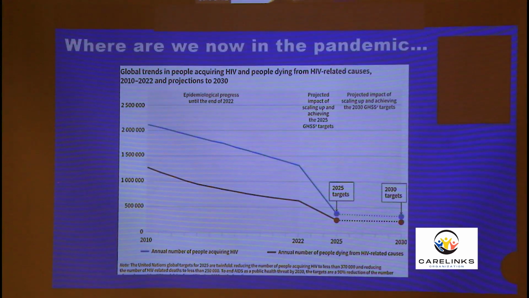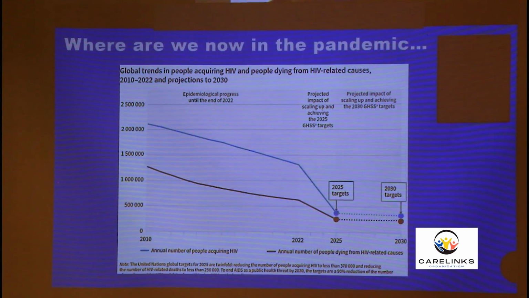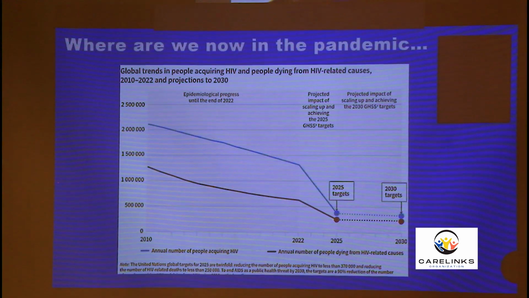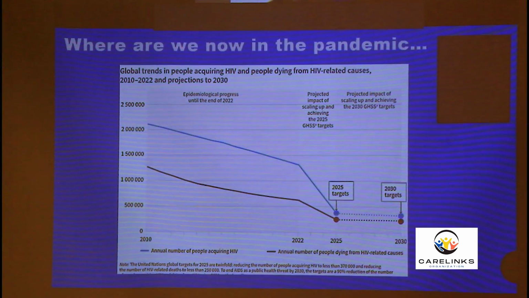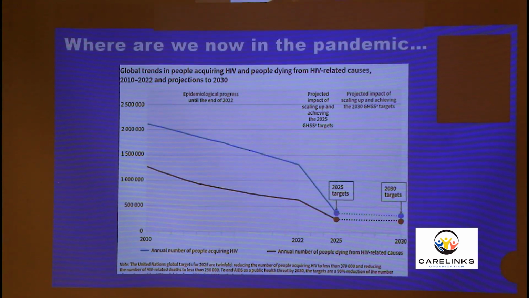Parenthetically, I might say that I think with the newer PrEP agents, many of the clinical trials are being reported on for the long-acting injectable antiretrovirals that will prevent acquisition of infection in populations such as women. These, I think, hold some promise with meeting these 2025 and 2030 goals.